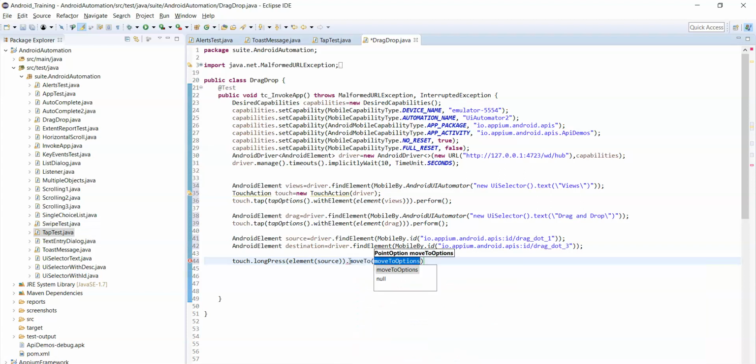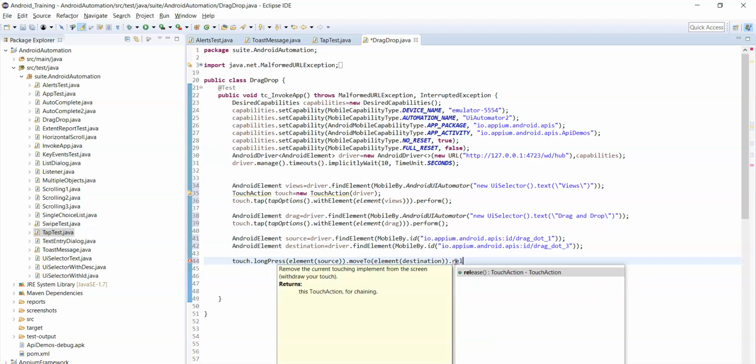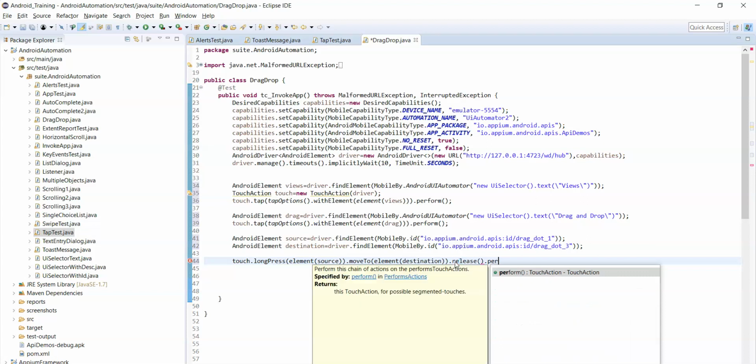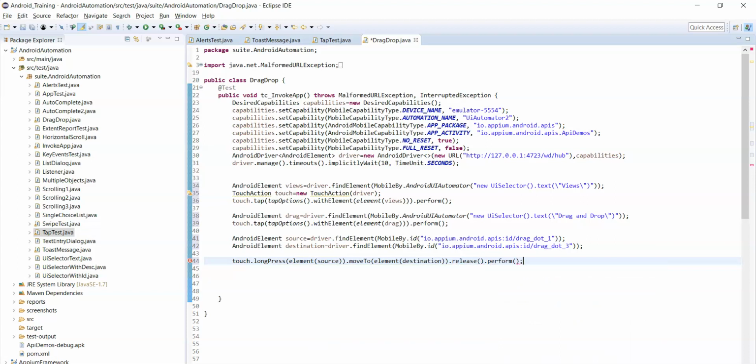So move to, and here pass the destination element where you want to drag. After dragging to the destination element, we need to release the finger using the release method, and then perform. At the end we must call the perform method to perform any action using touch action, right? That's it. Now it will perform a long press on the source element, move to the destination element, release the finger and perform that action.